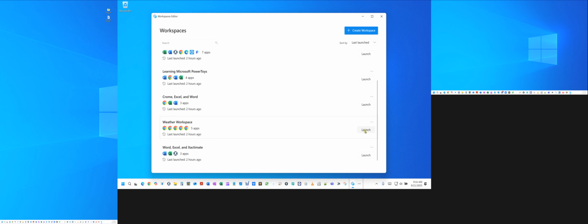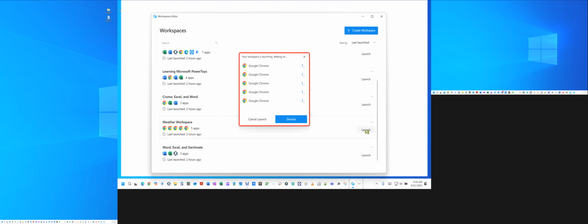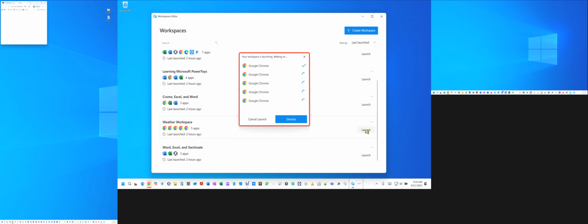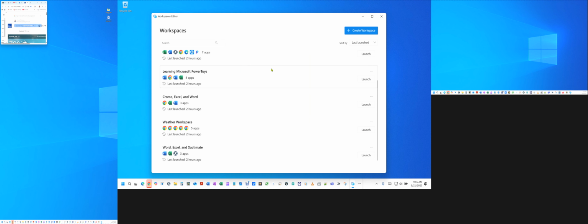So if I launch this, I created a workspace that would help me. When I wake up in the morning or the day before, I'm looking to see what the weather is. Where am I going to work? Am I working in New York, California? Where's the weather happening? So if you notice right in here, it's launching different